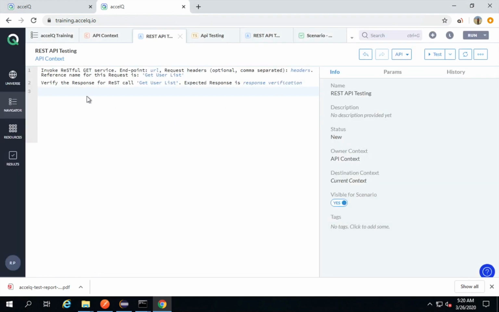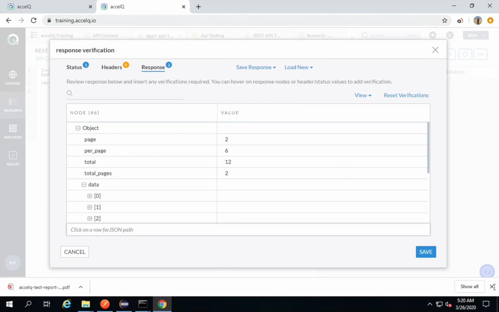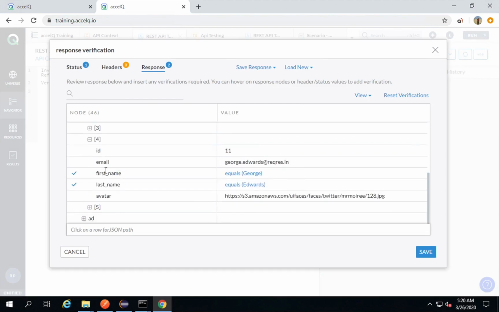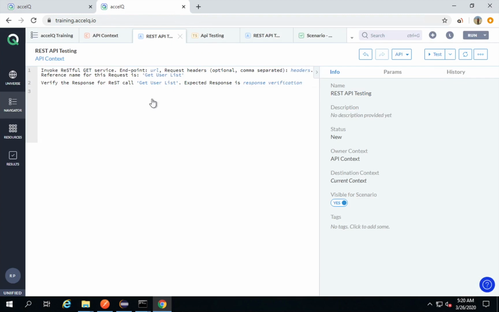Now let us say I want to extract some particular value from the response and store it or verify it. I can directly go to the response verification from here, and then let's just say I want to go to this particular node, that is first name here, and I want to check this value Rachel. So if I click here, I am getting this JSON path. I will copy this JSON path and close this window, and now I will go to my action